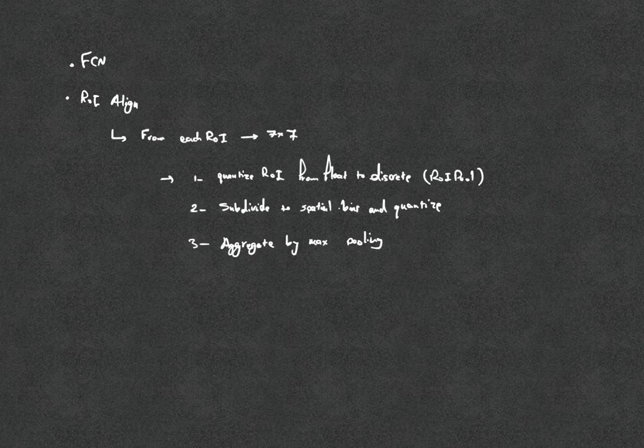What was happening in the ROI pool was that basically you would get a quantized version of the region of interest from float to discrete feature map coordinates, and then you would subdivide it into spatial bins, and then quantize those bins as well, and then aggregate by max pooling. The misalignment resulting from this is argued in this article to have a negative impact on predicting the masks, while not having a serious impact on the classification prediction, because the classification branch is not really